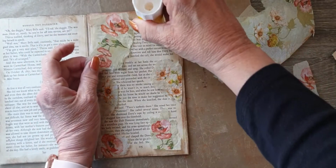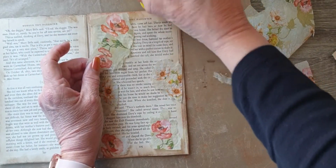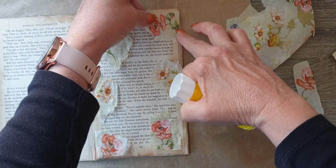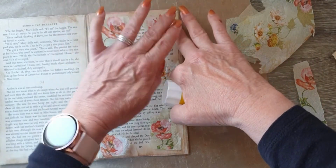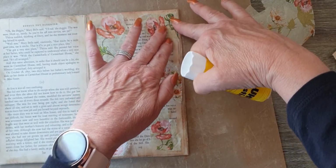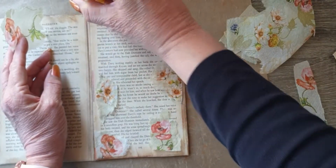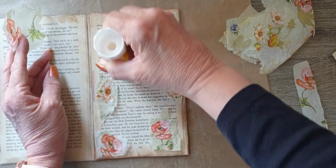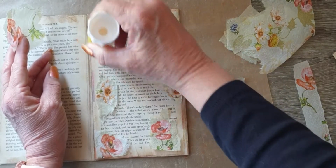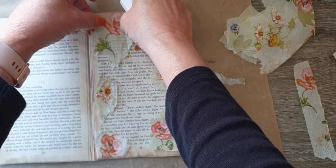Right, so while I was listening to my husband, I've ripped out the little flowers, and that's how I'm going to put them on the book page. Now, because I don't have any glue that I would normally use, I usually use either gel medium or watered down Mod Podge. I'm using Oohoo, and it will get a little bit sticky